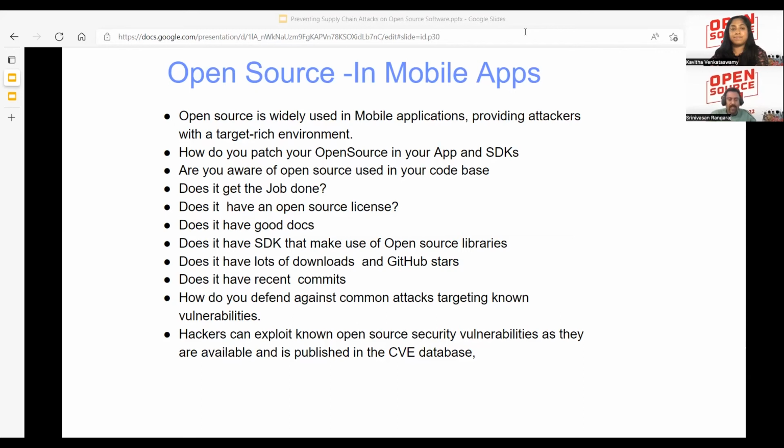Because we have multiple FTP mirroring sites, make sure that you get your open source component from the right source. Check if it has good documentation. Does it have recent commits? Also make sure that they have proper signature validations, and check for CVEs and check all the commits that have happened.